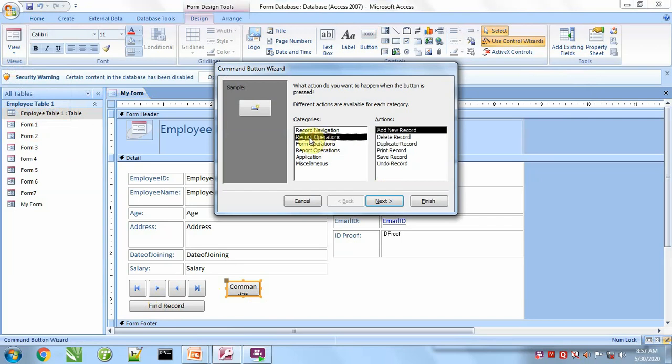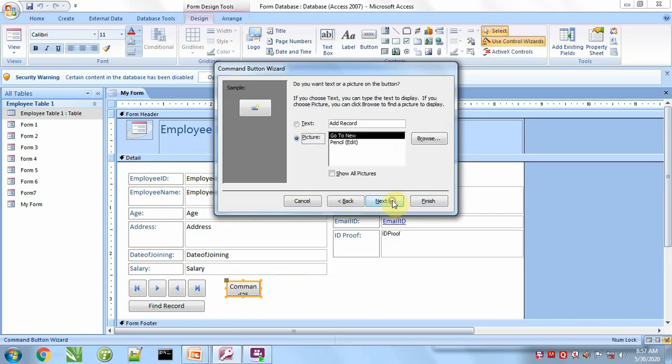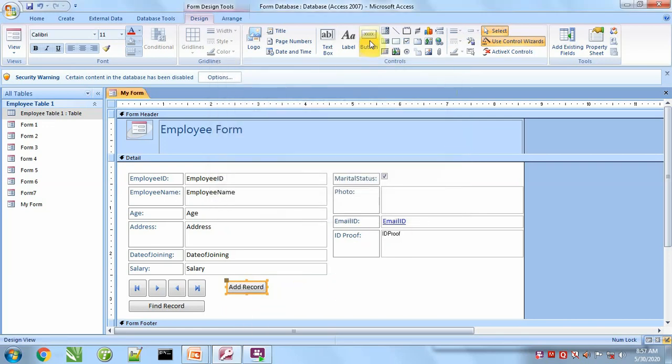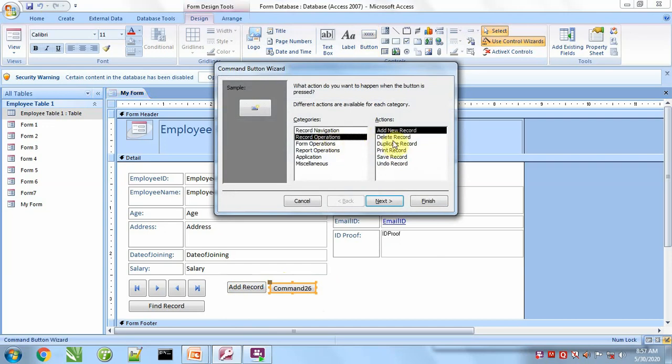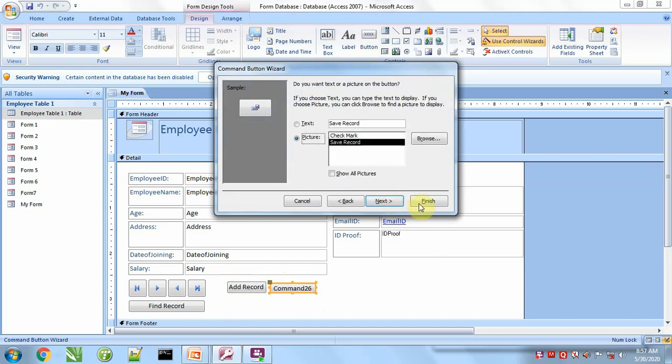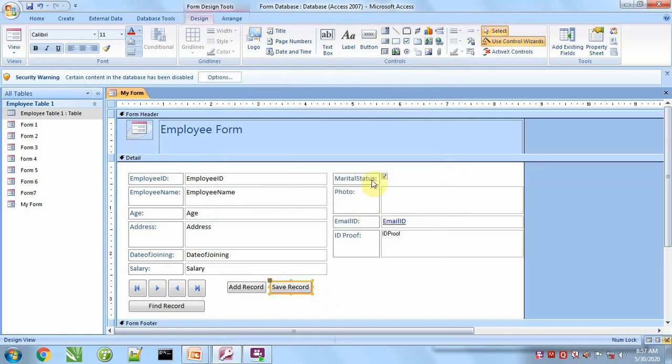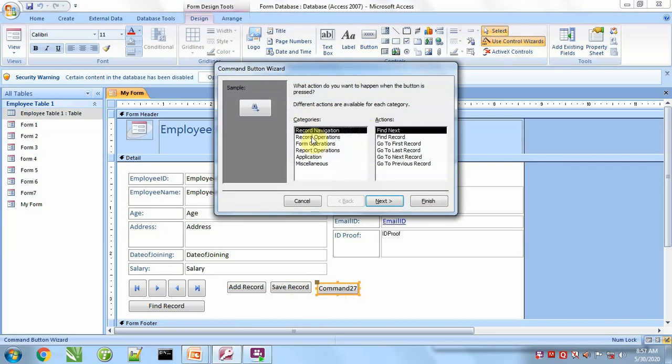Next is record operation. In record operation, if you want to add a new record, for this we will take add new record. Next button to save that record, we will say save record. If you want to undo that record, then is undo record.